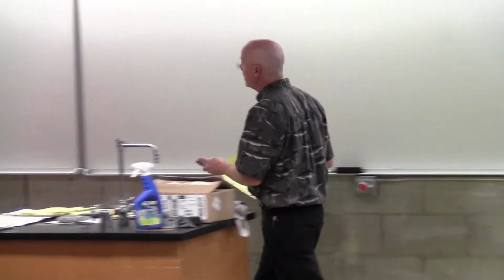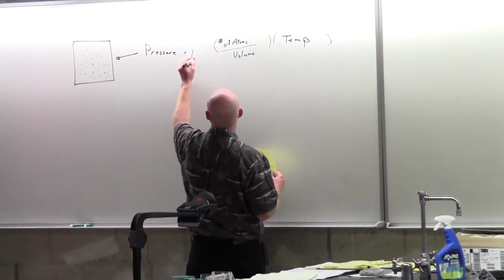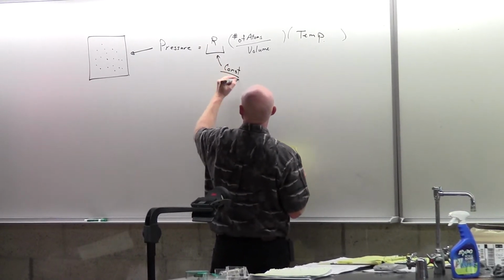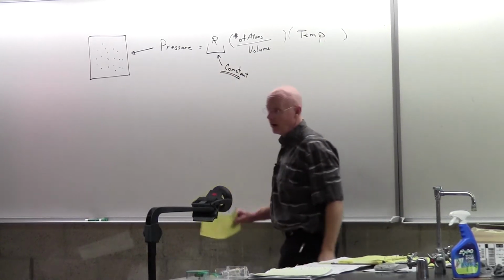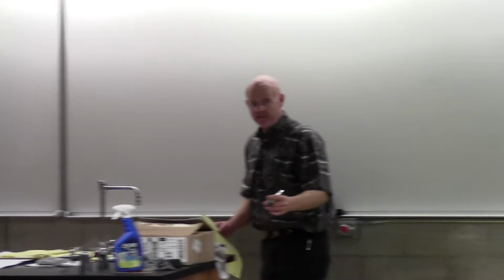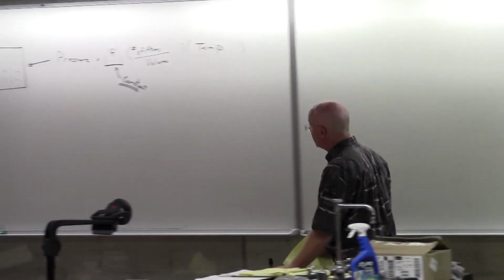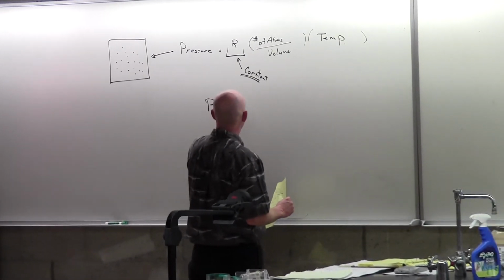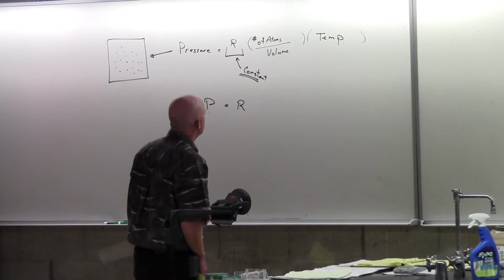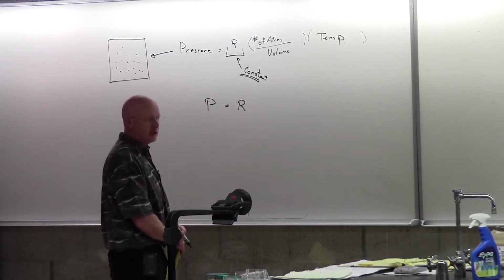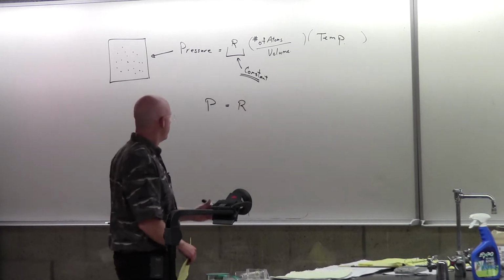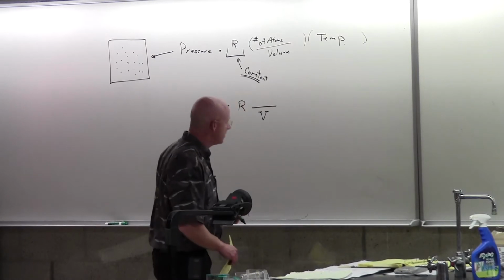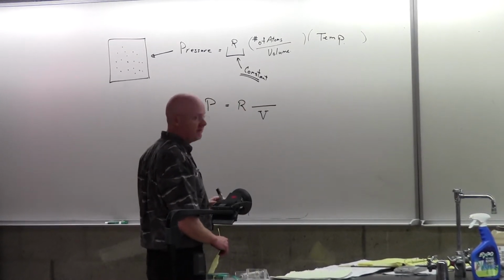And so there must be some proportionality constant, which we are going to label as R here, and talk about that in just a moment. But those are our 3, or maybe I should say 4 factors that fit together. I will put P for pressure. I will leave R alone. Number of atoms per volume. Yeah, so why don't I use V, since for a volume downstairs. What about the top? Number of atoms.